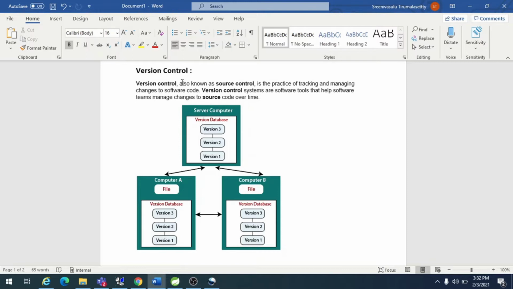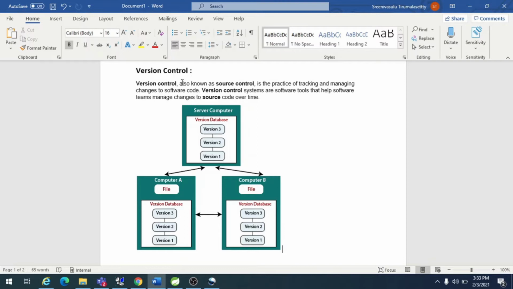In this case, if you are not using any version control tool, what is going to happen? You have to share your code through mail, or copy it to some location where he can get the code and make the changes. Once he is done, he has to give it back to you to work on. This is a very complex and error-prone approach. If the developers are 10 or 20, it is very difficult to share the code and make changes on top of it every time.